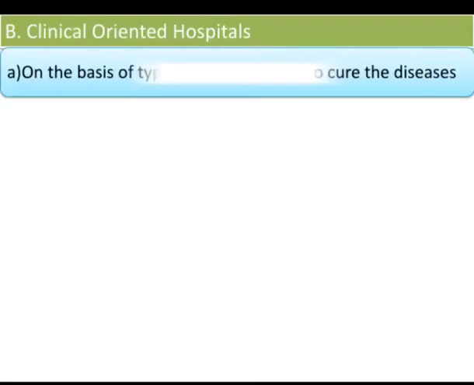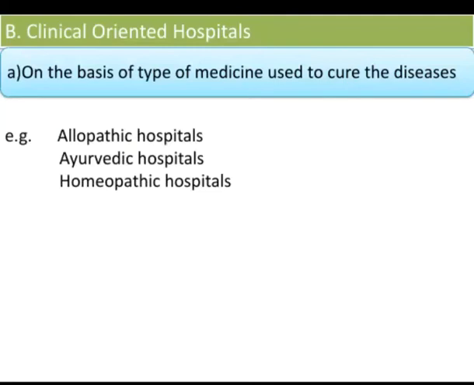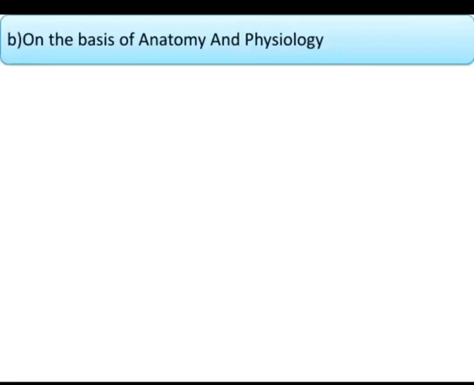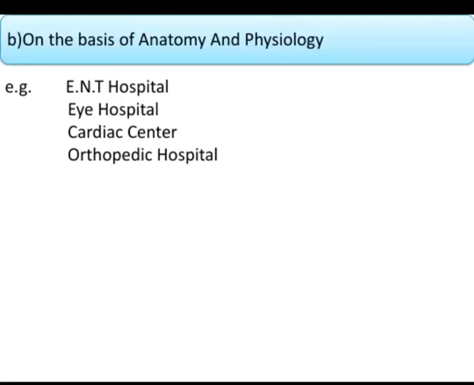So first one is clinical oriented hospitals. These are again further classified on a different basis. And the first one is hospitals on the basis of type of medicine used to cure the disease. And the examples are allopathic hospitals, Ayurvedic hospitals, and homeopathic hospitals. The second is hospitals on the basis of anatomy and physiology. And the examples are ENT hospital, that means ear, nose, throat hospital, or eye hospital, or cardiac center, or orthopedic